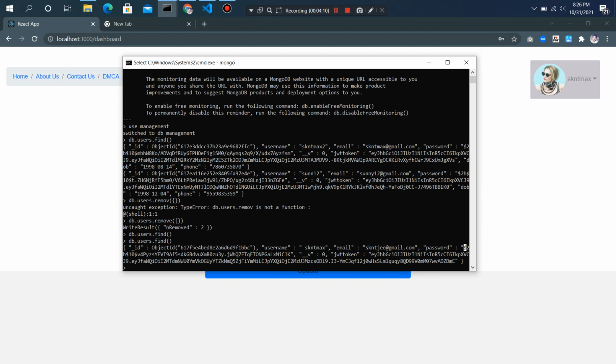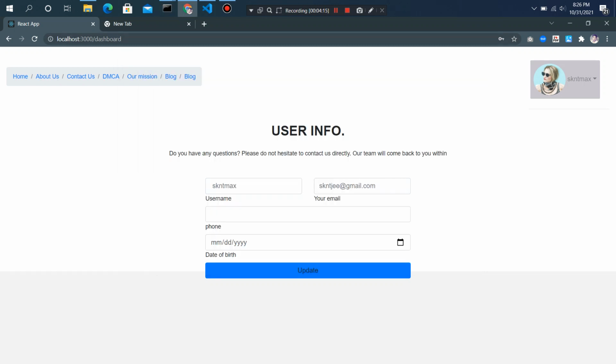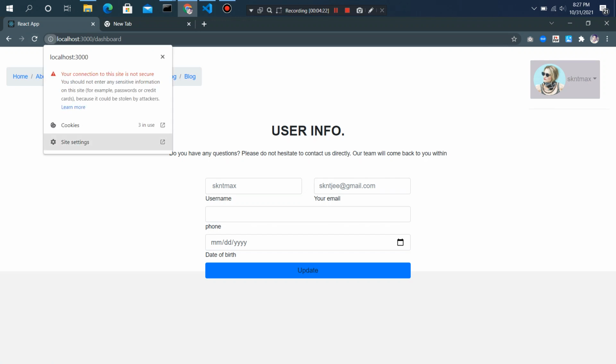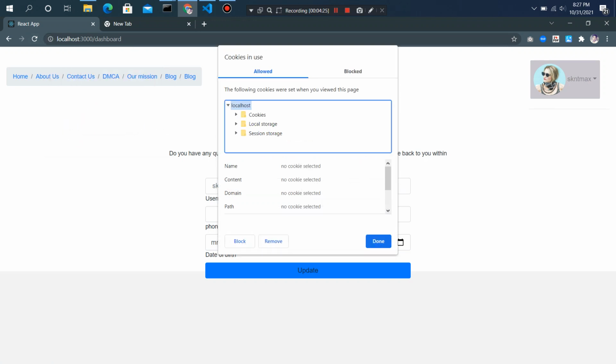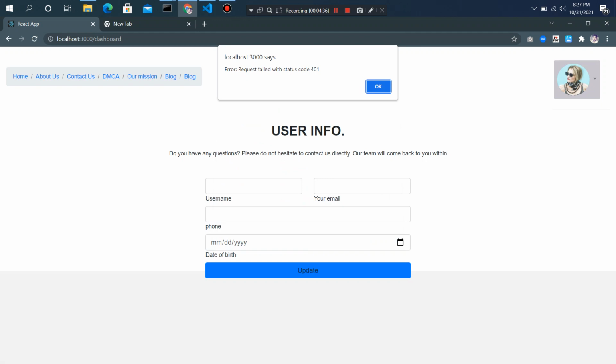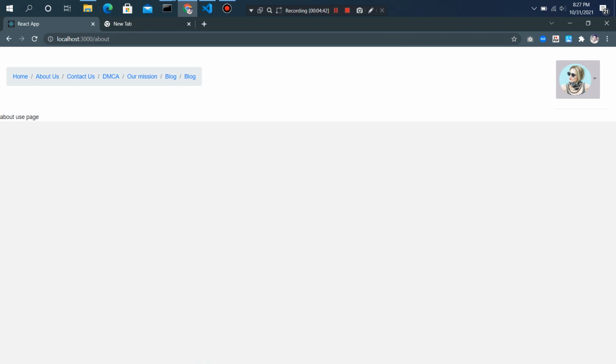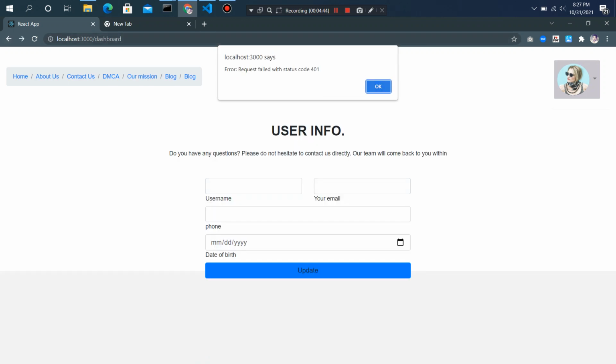While logging in, we are generating a JWT token. If you refresh this page, the data won't disappear. And if you delete the JWT token that was created at login, you will not be able to stay on this page and will not be able to fetch the data. The request failed, no data is available, which means the user is not authorized.